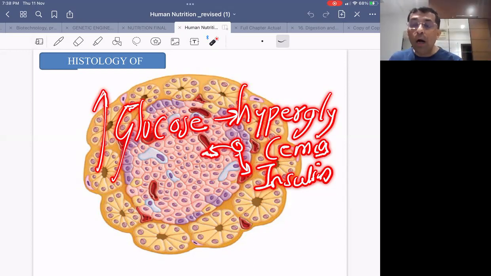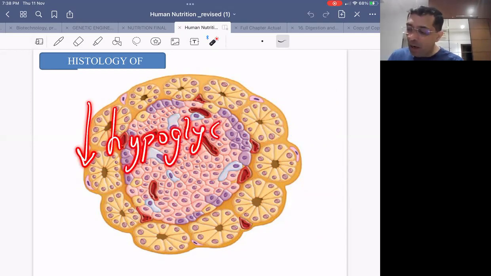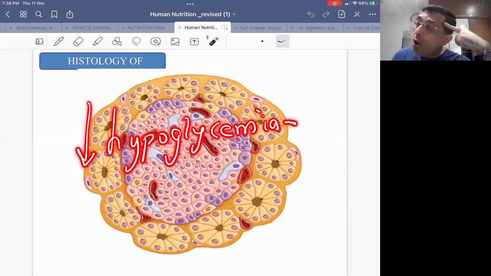Now vice versa, if you have not eaten for a long time, then your blood sugar levels will decrease, which is a condition called as hypoglycemia. And we remember, your brain requires a lot of glucose. 20% of your glucose supply is used by your brain alone. And as soon as you are hypoglycemic, आपको चक्कर आने लगते हैं, double vision होने लगता है, diplopia कहते हैं उसे, blurry vision होता है,